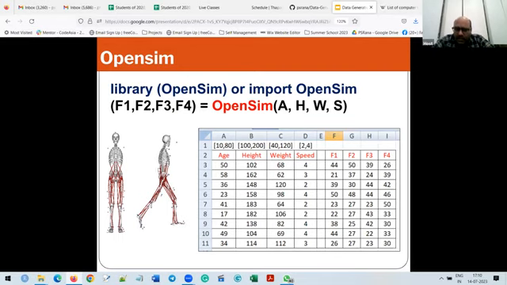Got it? So now class, what do we need for that? So there is a library OpenSim. There is a function that requires 4 parameters. What are the 4 parameters? Age, what is the person's age? What is the height? What is the weight? And at what speed do I want to make them walk? So you just see, age may be between 10 and 80, height may be 100 to 200 centimeters, weight may vary from 20 to 120 kgs, and speed 2 to 24 kilometers only, because I don't want to make them run. I just want to make an assisted device that helps them walk.